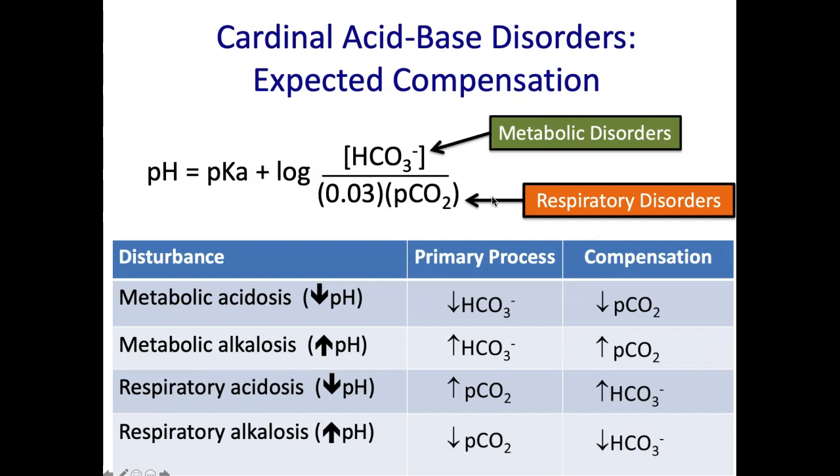Okay. This is key. I think you do have to memorize or figure out some sort of scheme for memorizing this type of table. And kind of one easy way is you could at least remember the metabolic processes. All the arrows go in the same direction. Down, down, down. Metabolic process, up, up, up. The only one that's kind of funky is the respiratory ones, where PCO2 and bicarbonate are always going in the same direction, but the pH is in the opposite direction. Okay, so this is key. Here are your disturbances. Here's the primary process, and this is what is happening with compensation.